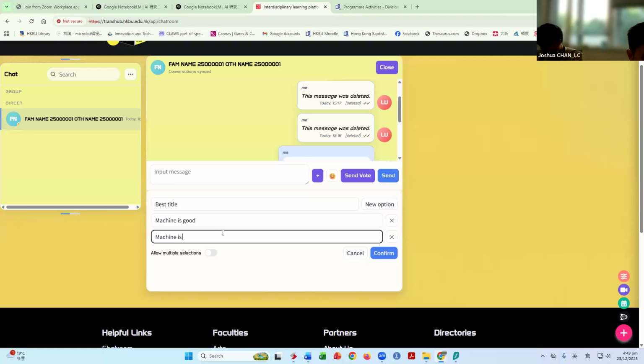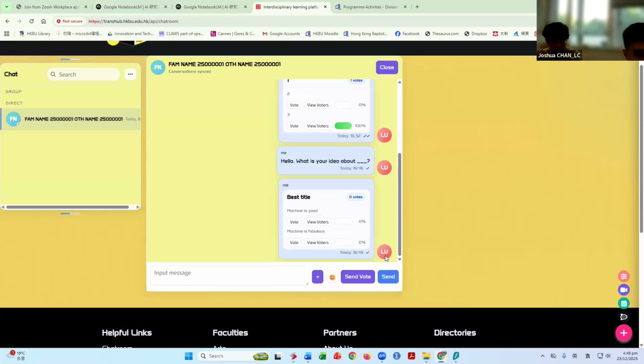Machine, it's fabulous, right? So I can just set a vote there. Confirm, all right, okay. And then students can just vote here. So it's very similar to what we have in WhatsApp.